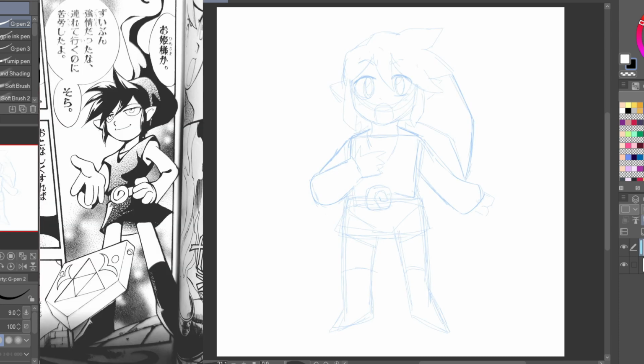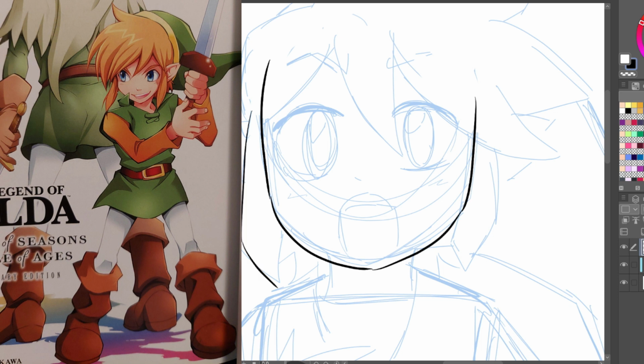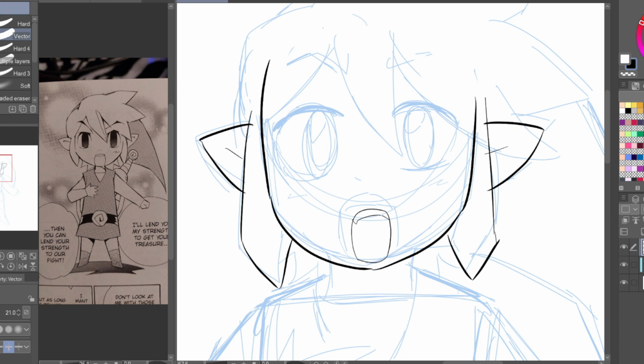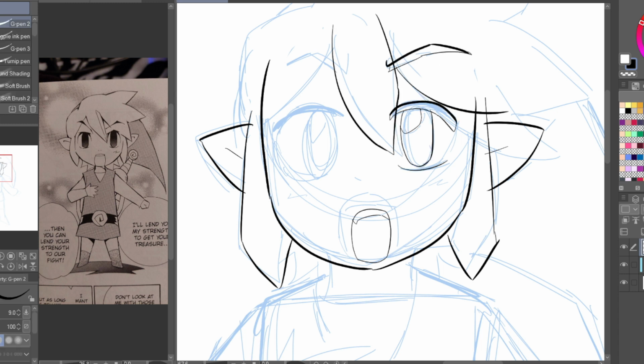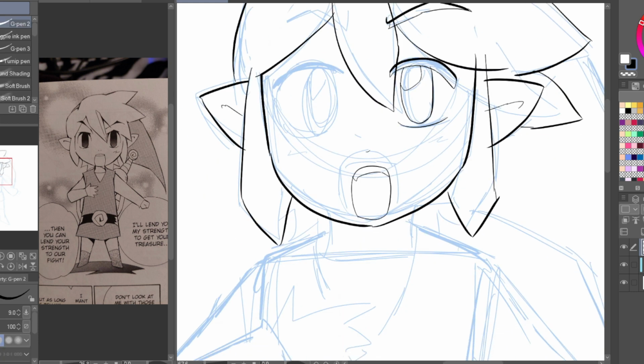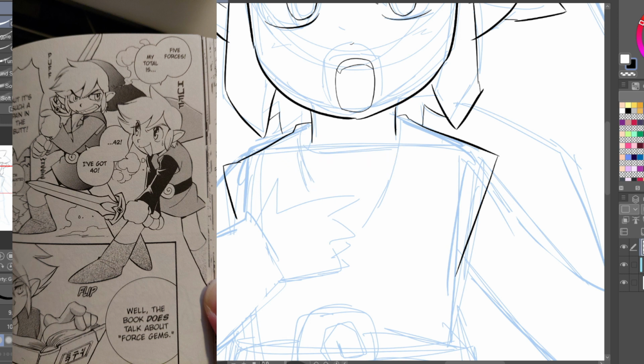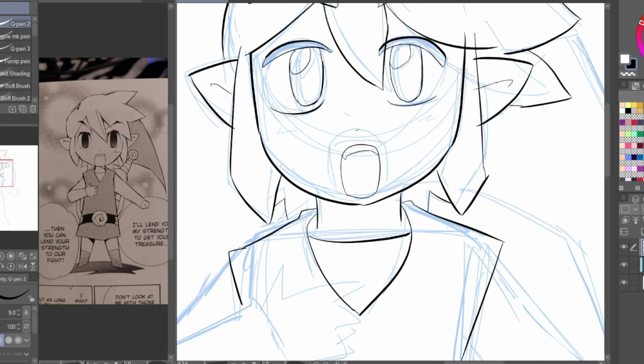Personally, I prefer the chunky legs we get in Four Swords, or the thin leg, huge boots that we get in Oracle. Overall though, I like how in Four Swords we have these very chunky tree trunk type legs because they're very proportional to the bodies. I will say, in all of the Wind Waker-esque replicas, Four Swords probably has the best art style in that Wind Waker-esque look, because their eyes have emotion, their legs aren't small, their torsos are very proportional, which leads us to Phantom